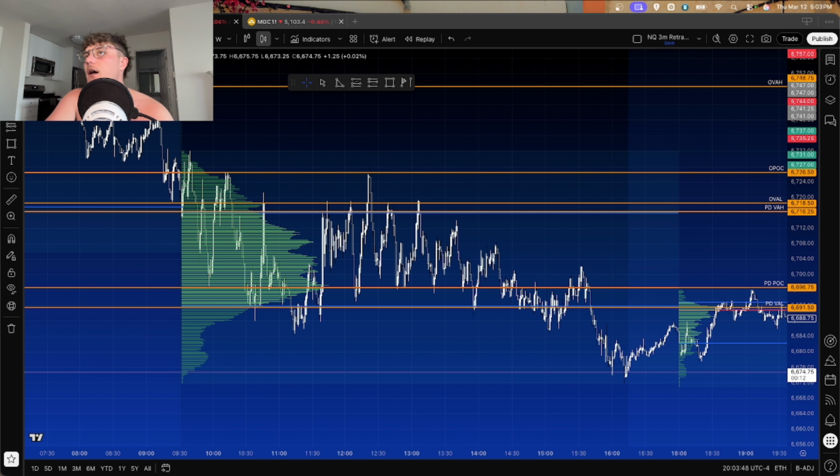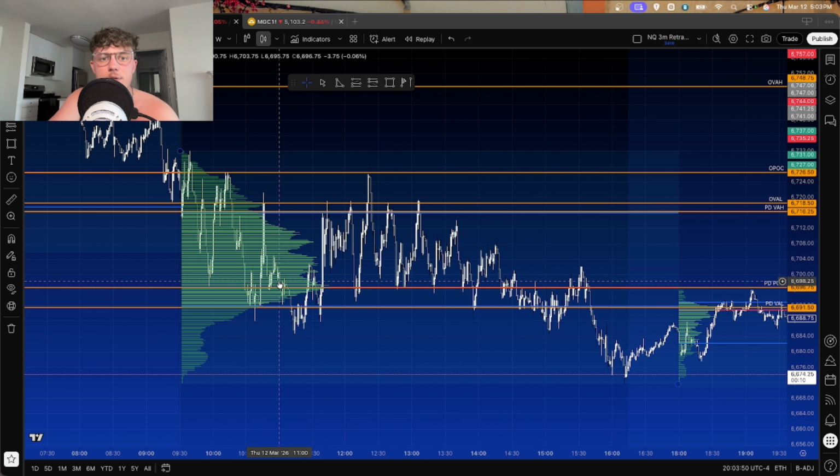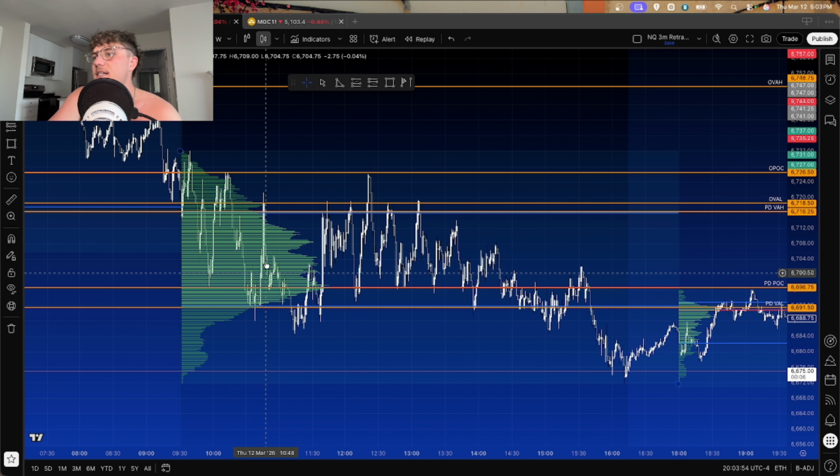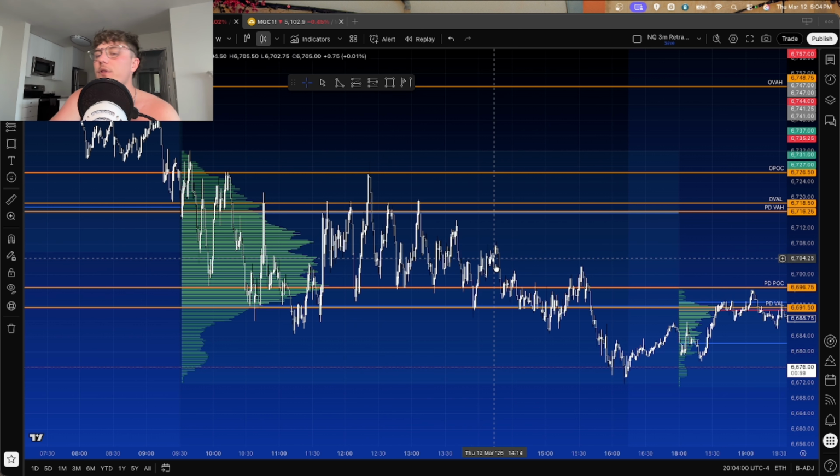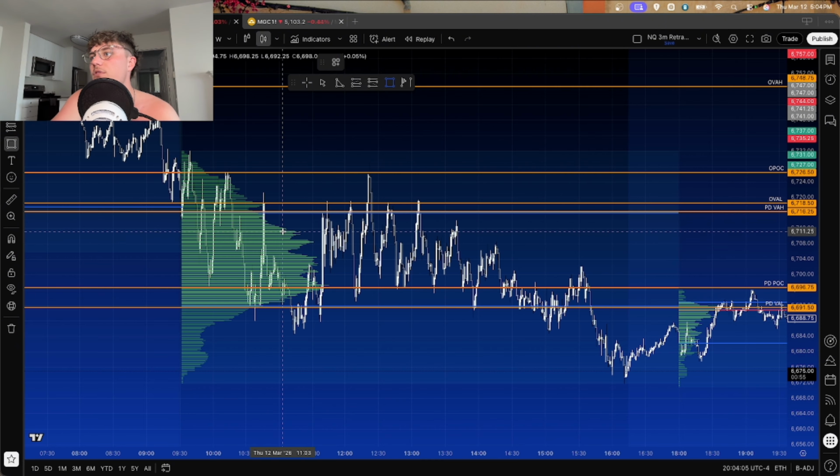So we're looking at MES here, which is our S&P futures. Today, this is price action from earlier today, Thursday, and you can see price is just moving up and down within our value range. And so when we look at where most of the volume took place in the market, right, about here,